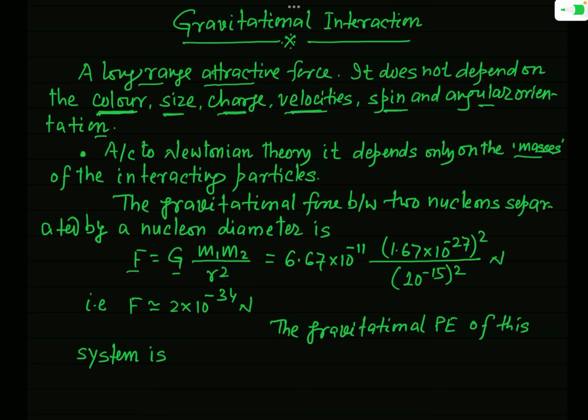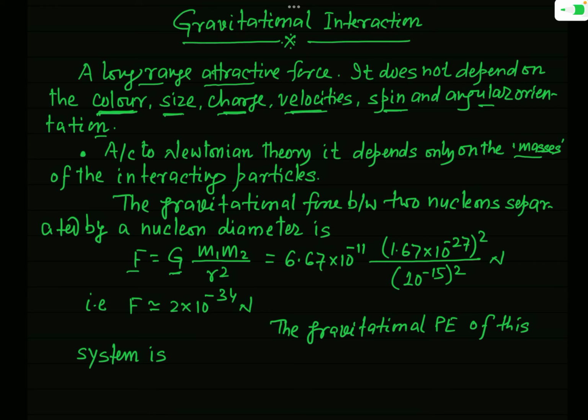Okay, so this force only depends on the masses of the interacting particles, that is, the inertia of the interacting particles, and the separation between them. This G is called the universal gravitational constant. Now, if you are talking about this gravitational force in the context of nuclear phenomena, for that we will find